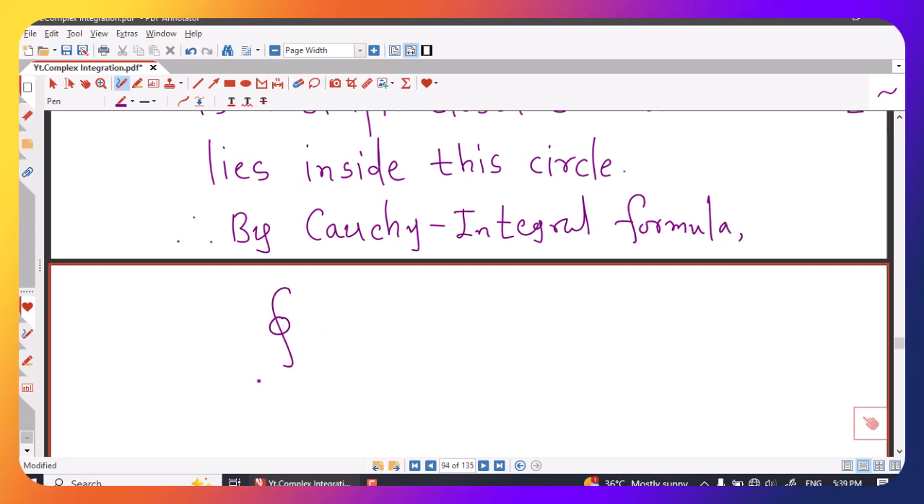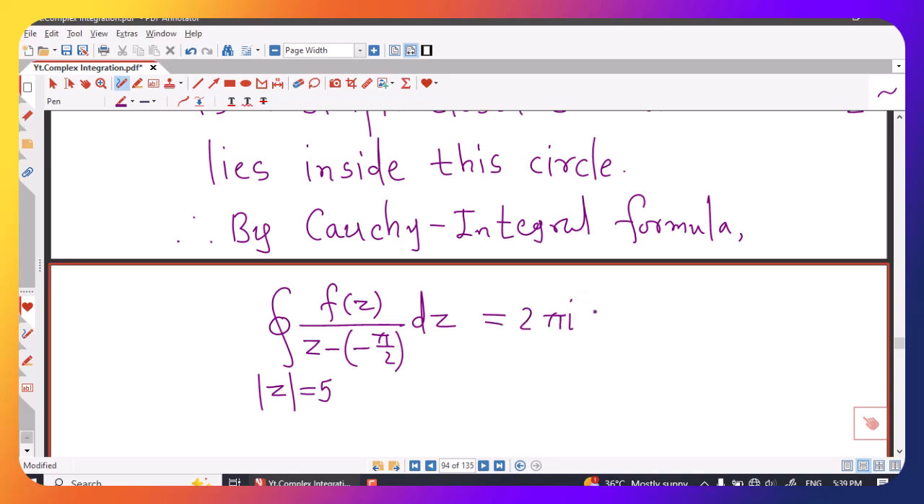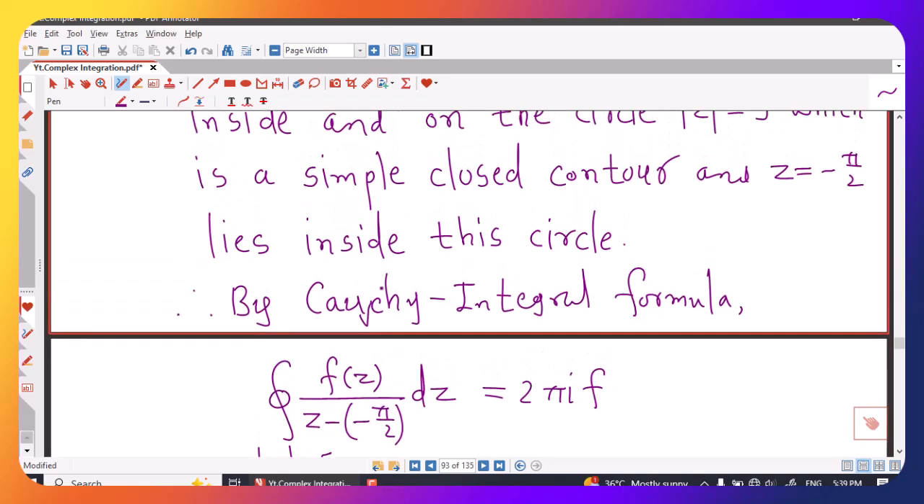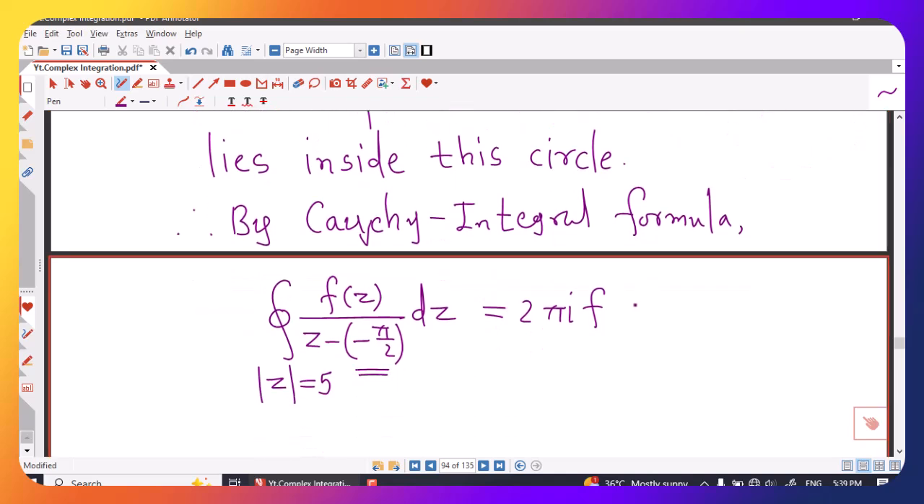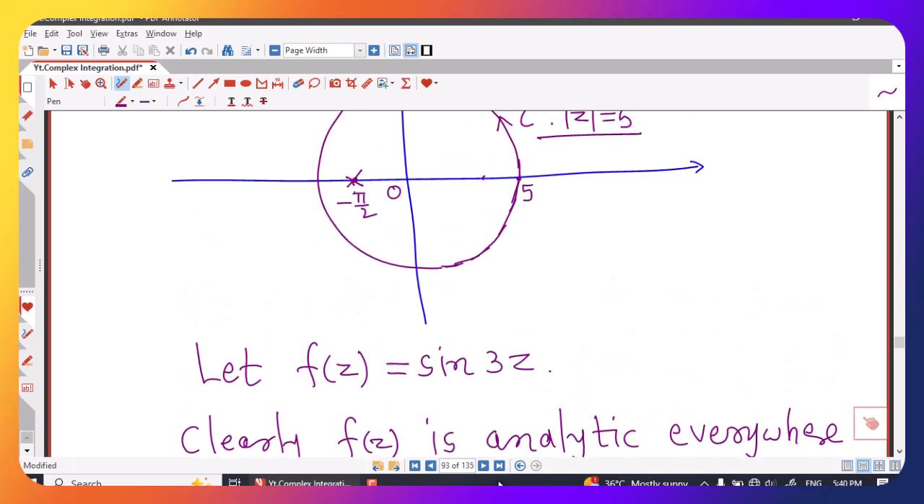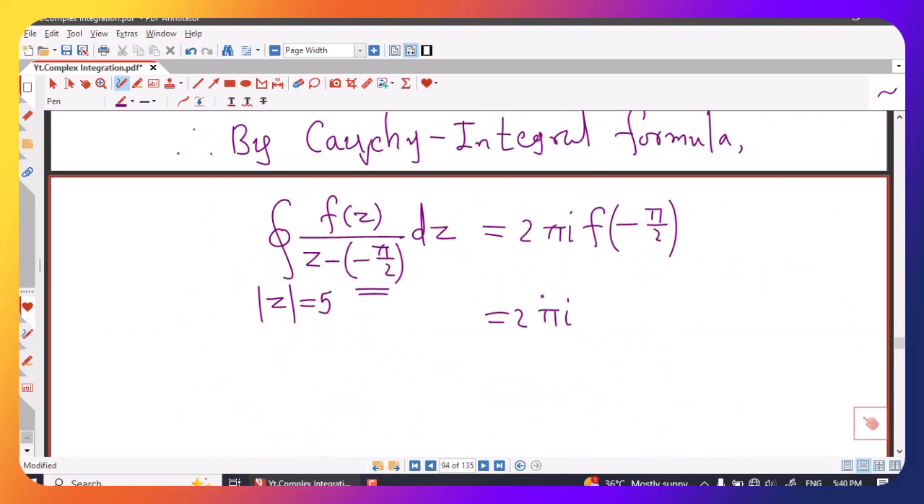the integral over this circle mod z equal to 5, f of z divided by z minus z0, is given by 2 pi I times the value of this f of z at z0, which is minus pi by 2. 2 pi I times f of minus pi by 2. Now f of z is sine 3z. So here we have to put z equal to minus pi by 2. Sine 3z, z is minus pi by 2,